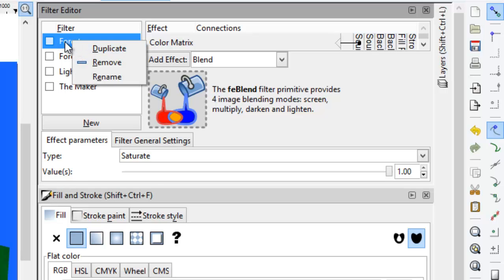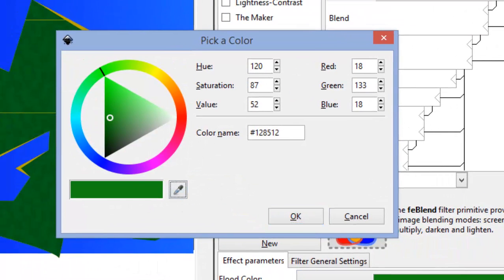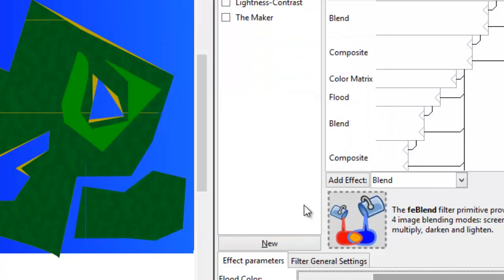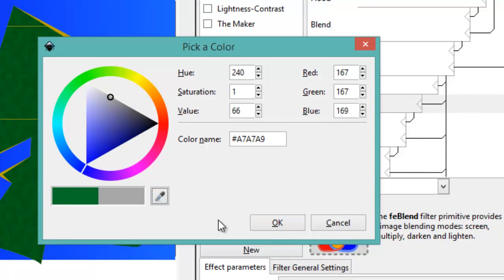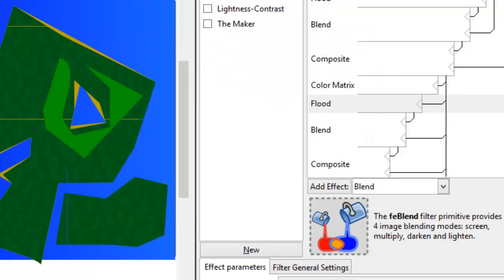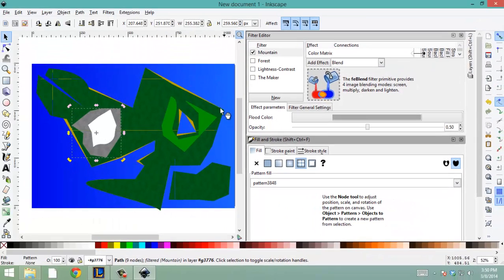We want to rename this, so just double click inside, and we'll name this mountain. Go to your first flood, change that to the color of the mountain. Your second flood, change that to the color of the mountain. Press the little tick box to apply it. Now we can go to the fill and stroke, click pattern, and there we go. So let's just repeat this with the grasslands, the beach, and the snow. So duplicate,